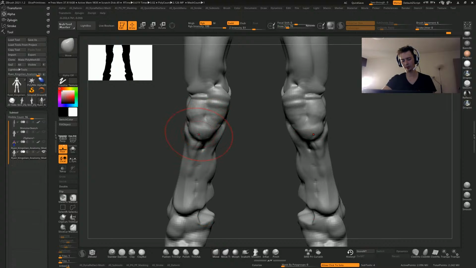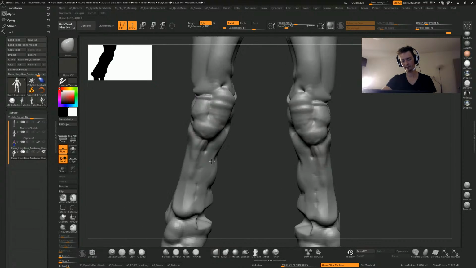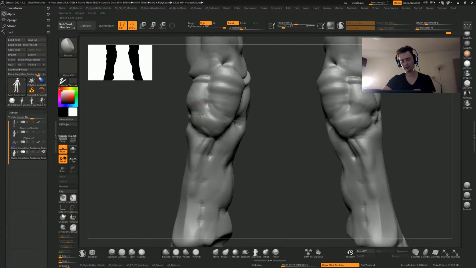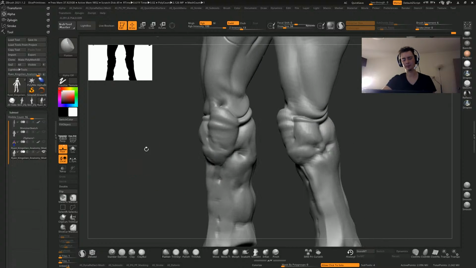Knees are too large. Another thing, flatten is fantastic. I'll do a separate video on flatten, but